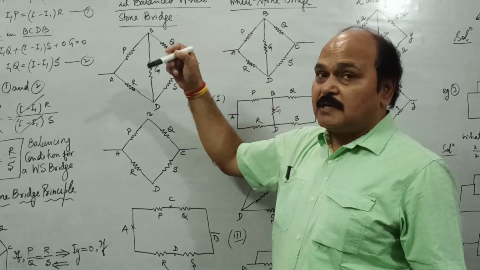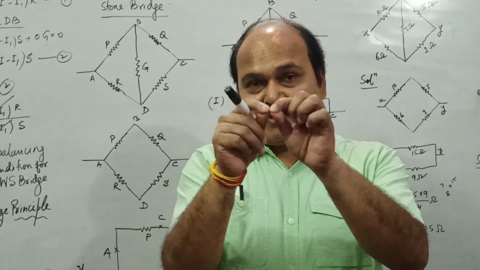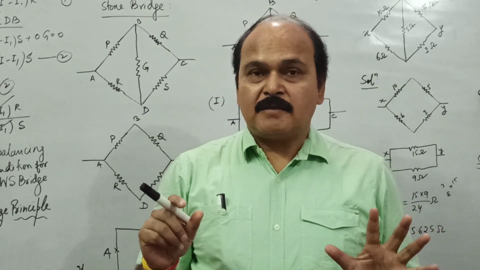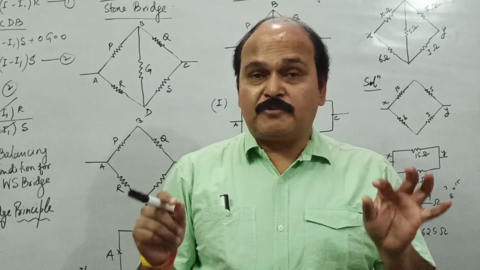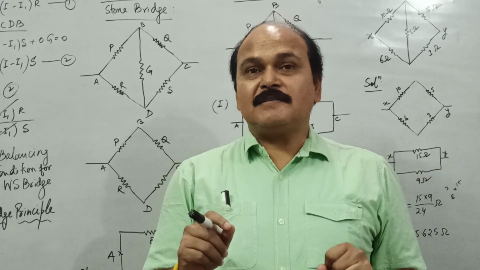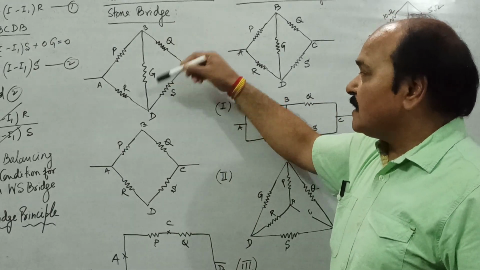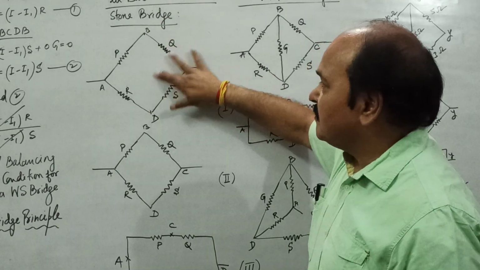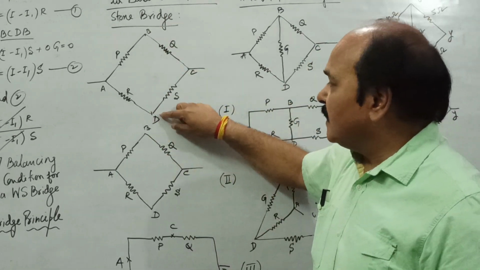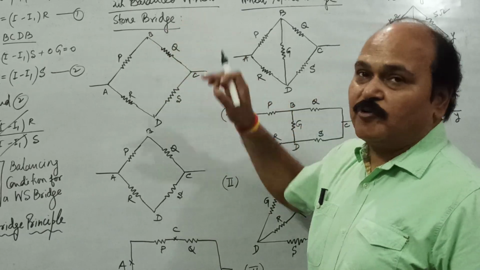When 2 points in any electrical network are at the same potential, both points are said to be the same. If they are not connected to each other, they can be connected through either infinite resistance or zero resistance. That means if points B and D are at the same potential, either we can connect infinite resistance here, that means we can delete it, or we can connect both these points together through a zero resistance. B and D are the same points.